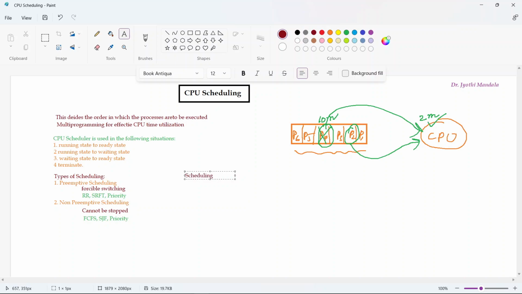What is the use of the scheduling criteria? Scheduling criteria is used to choose which algorithm is best, because as per this video lecture series, we will be learning 6 types of algorithms. Among all these 6 types of algorithms, to choose which one is best, we have different kinds of scheduling criteria. So the first scheduling criteria is,